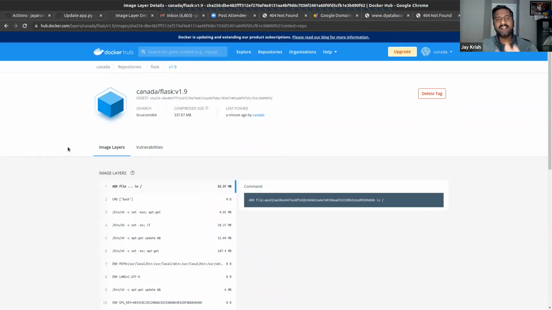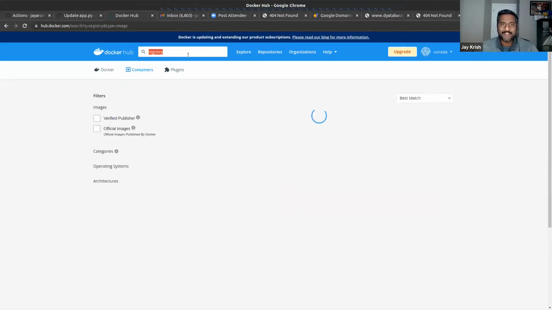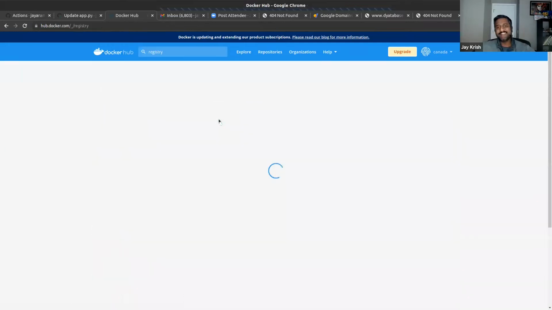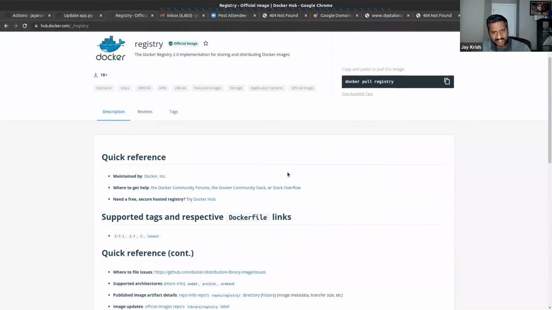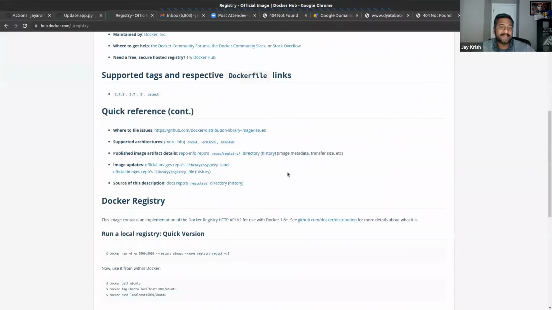Okay, now this container image is in the registry. You can go to the Docker Hub registry, but most large corporations will have their own internal Docker registry, which is not hugely complex to build. Actually, there is a Docker container by name registry, right? So you can just download this Docker registry and make use of your internal registry so that your developers will push to this registry, and you will call it like registry.mycompany.com inside your company. So everybody will push to this registry, and then your Kubernetes cluster can pull it from there. So it's a choice.